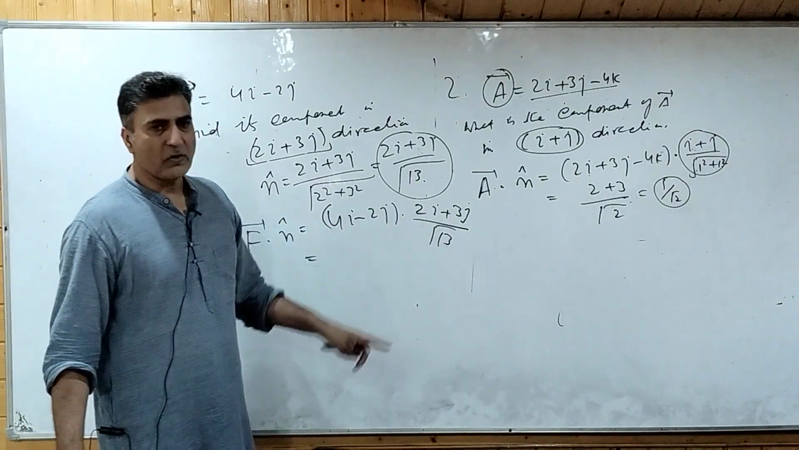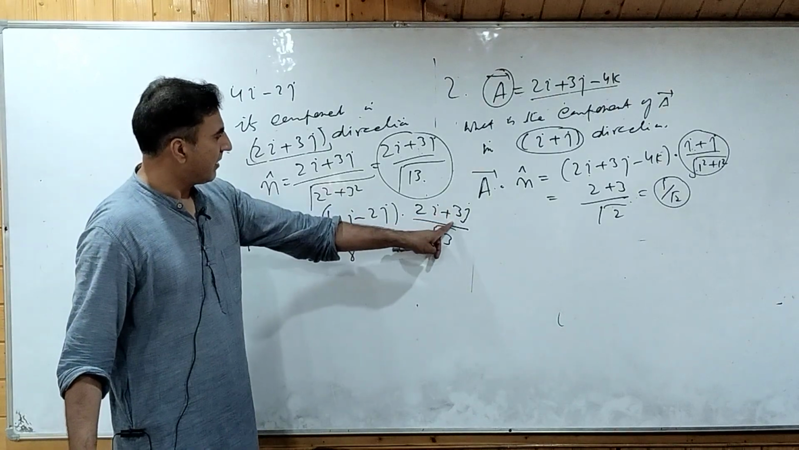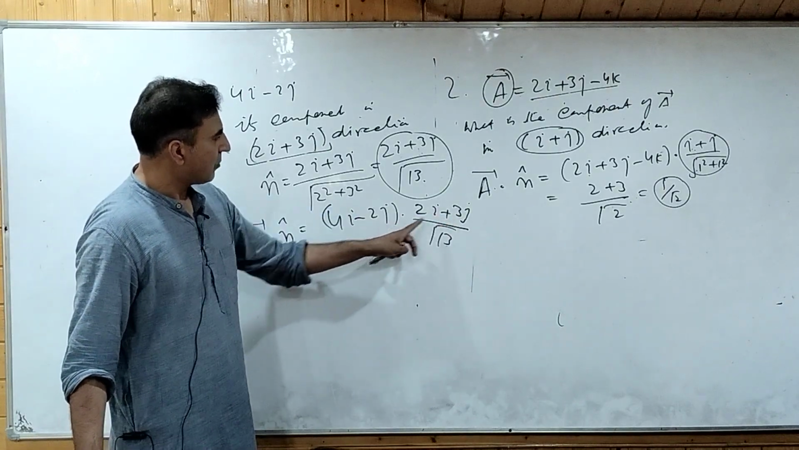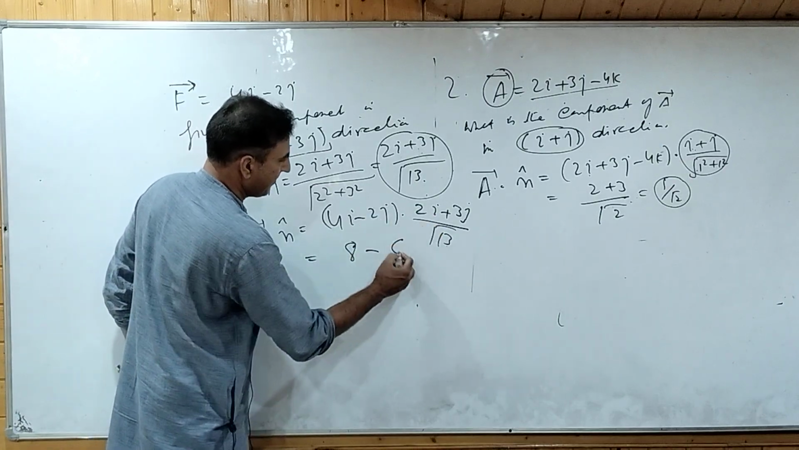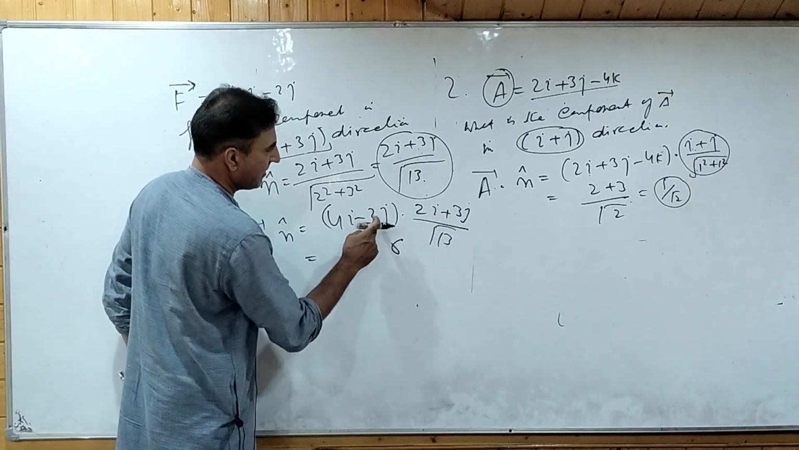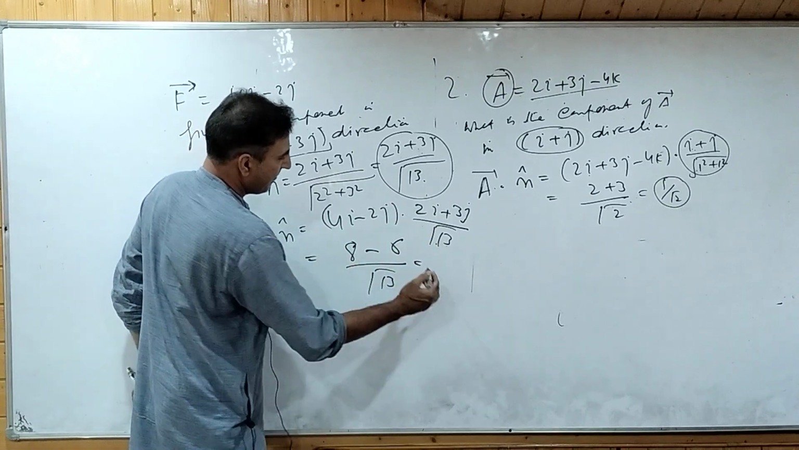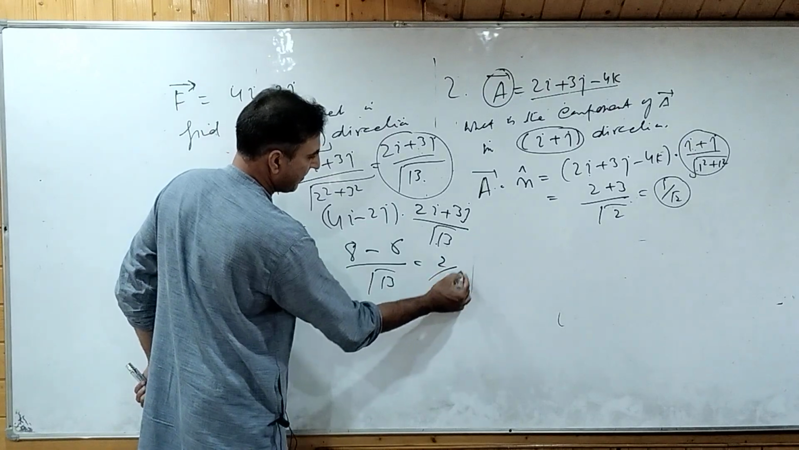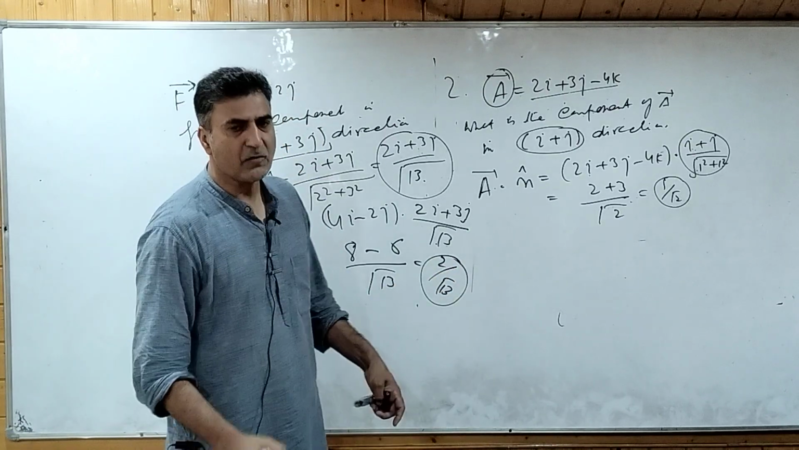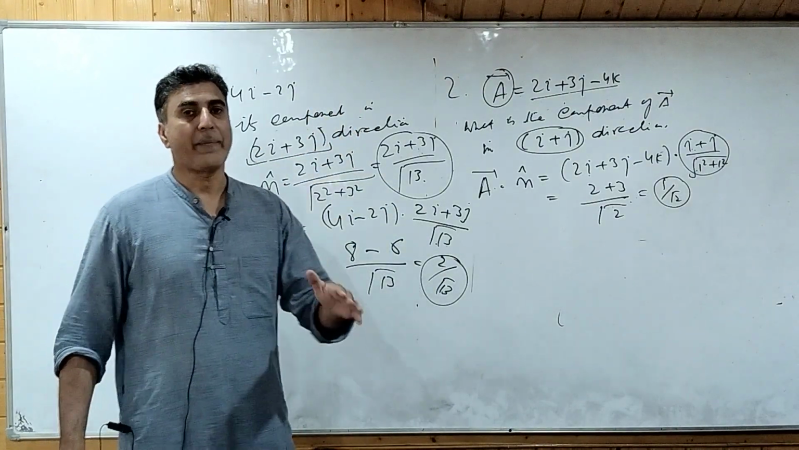When you dot 4i with 2i, what will you get? 8. And when you dot minus 2j with 3j, what will you get? That will be minus 6. So it is 8 minus 6 whole divided by root 13, that is 2 by root 13. That is the answer. So this is the technique by which we can find the component of a given vector